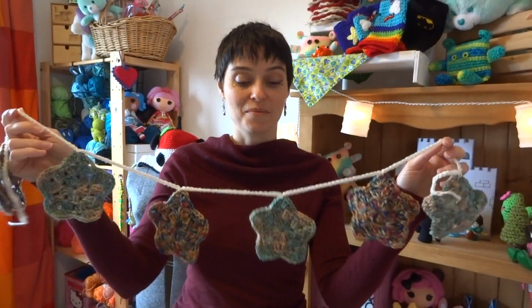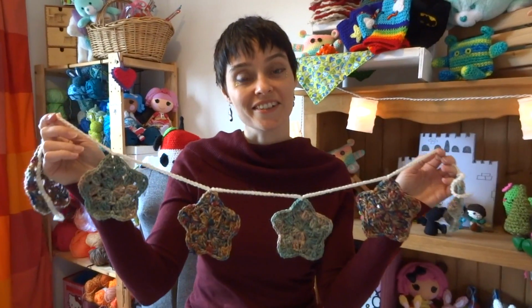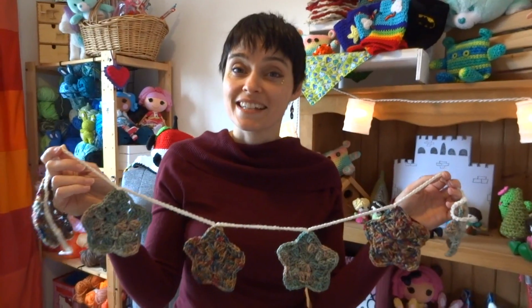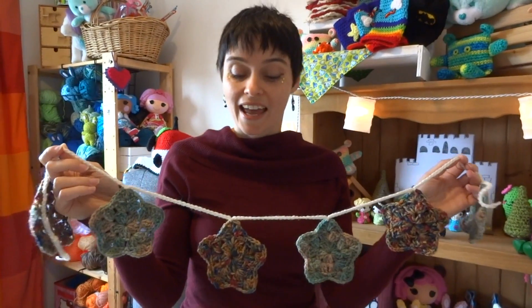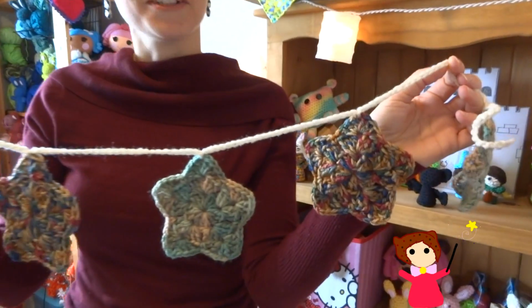Everybody! I thought today we would figure out how to make ourselves a little bunting or a garland, depending on where it is you want to hang it in your house. These are granny stars. They're really easy to make. You can use them individually as pretty little Christmas tree ornaments or present toppers. And if you string them all together, as many as you like, you can have yourself a really cute garland